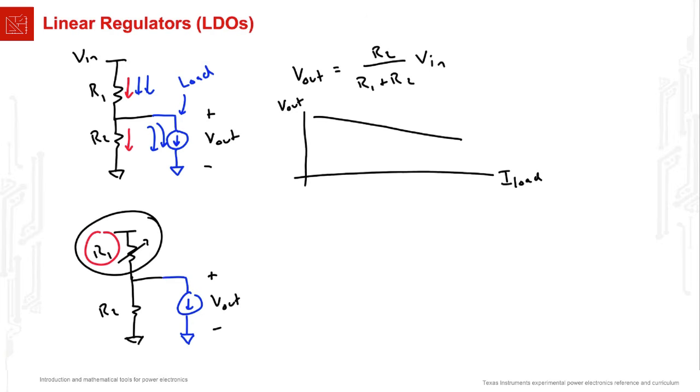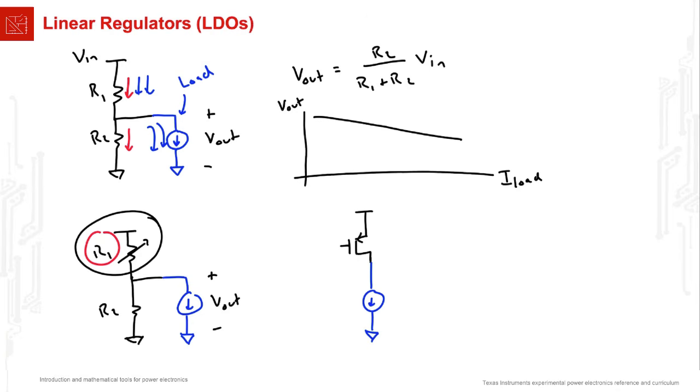And in practice, the way we implement this is with a transistor. So for example, I might choose to use a PNP transistor in bipolar, or a P-channel MOSFET in a CMOS process. And at a certain point, if I have a variable resistor or a transistor that's operating as a variable resistor, I don't even necessarily need the R2. And I can simply hook up my load